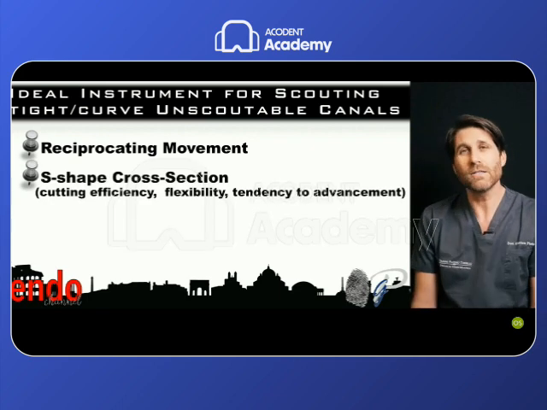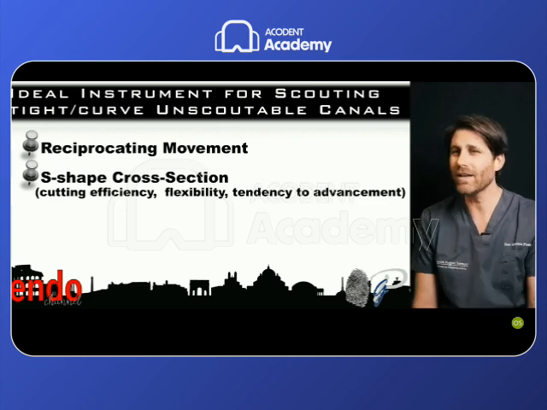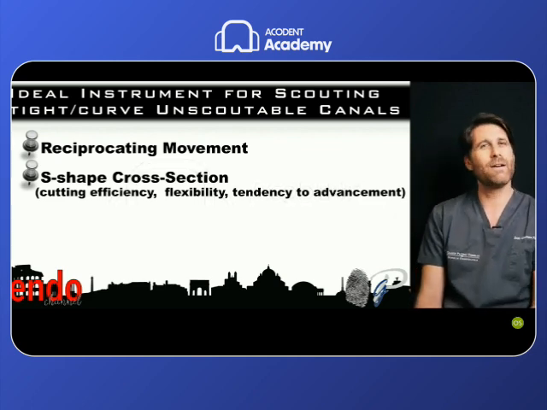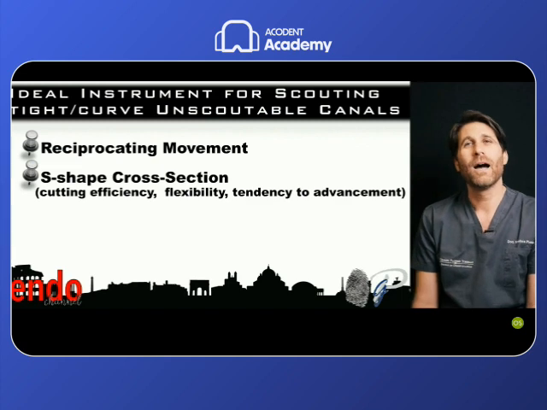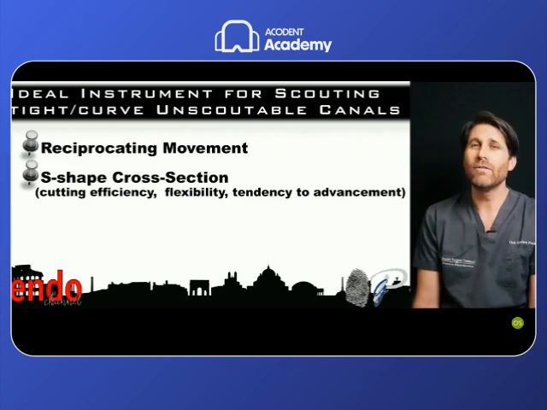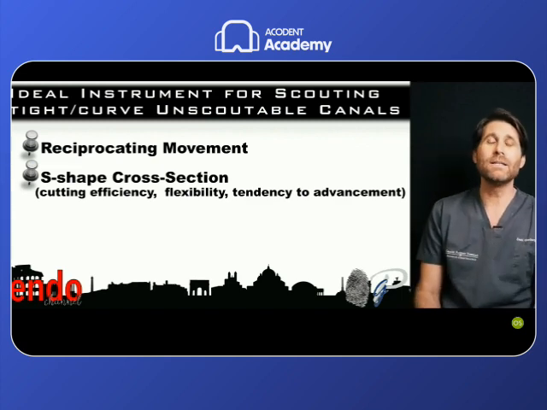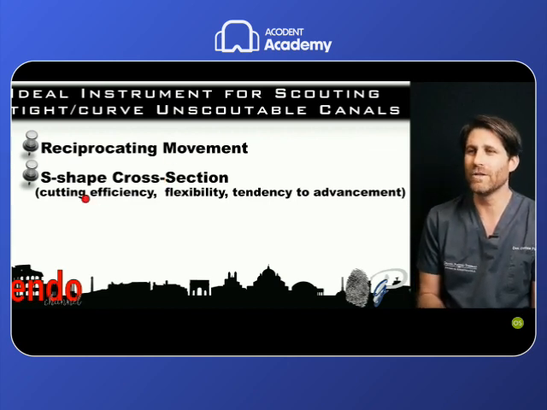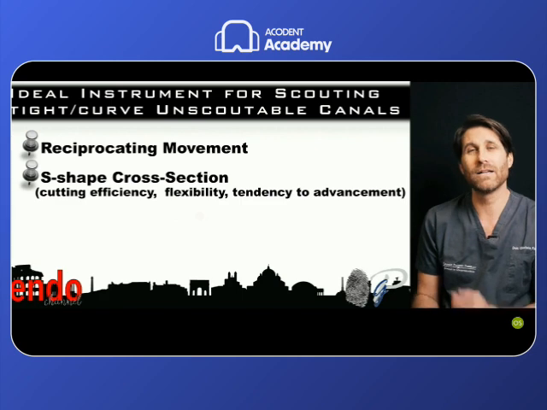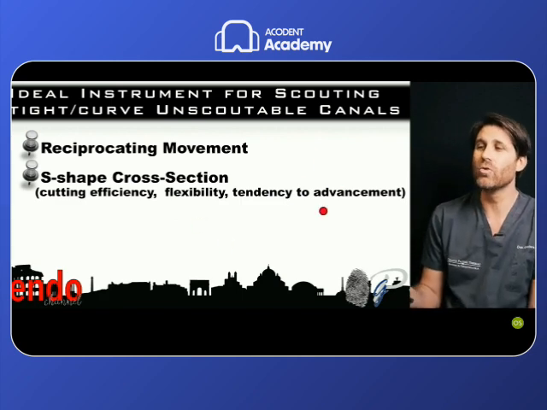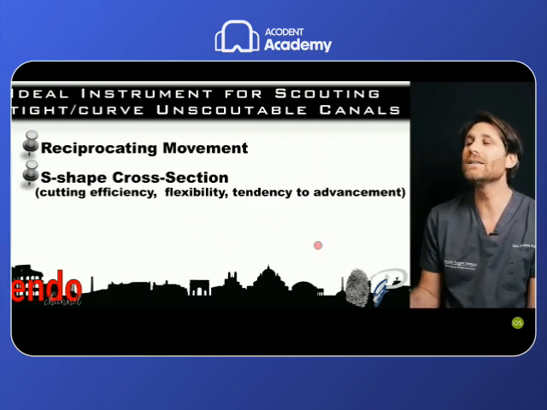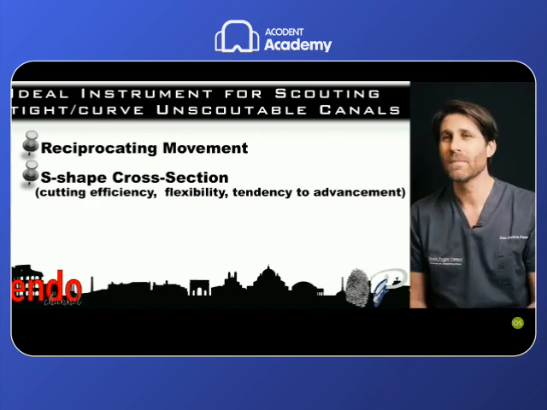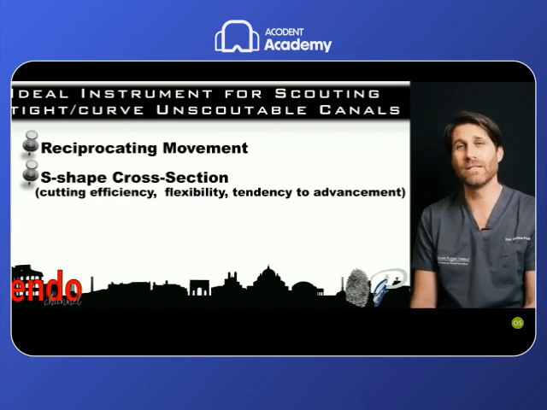I want an instrument with an S-shaped cross-section, because, as I have already clearly explained, this S-shape, two-blade cross-section increases the cutting efficiency of the file, increases the flexibility of the file, and, thanks to a specific design, increases the tendency to advance of a file with this characteristic.